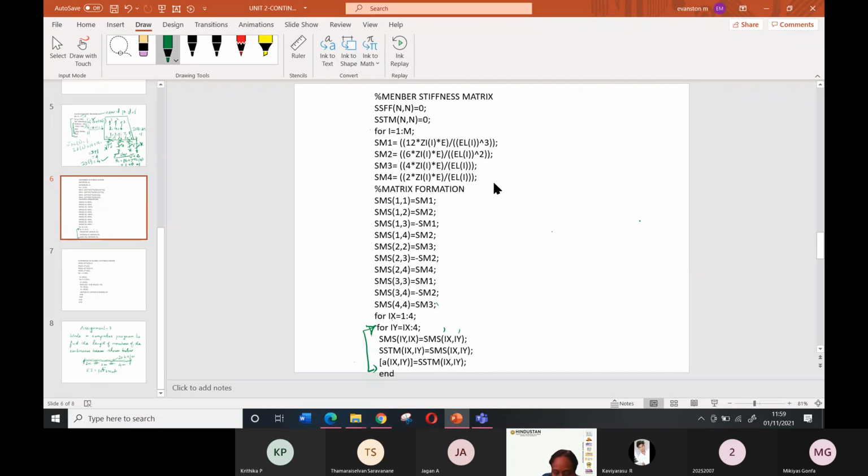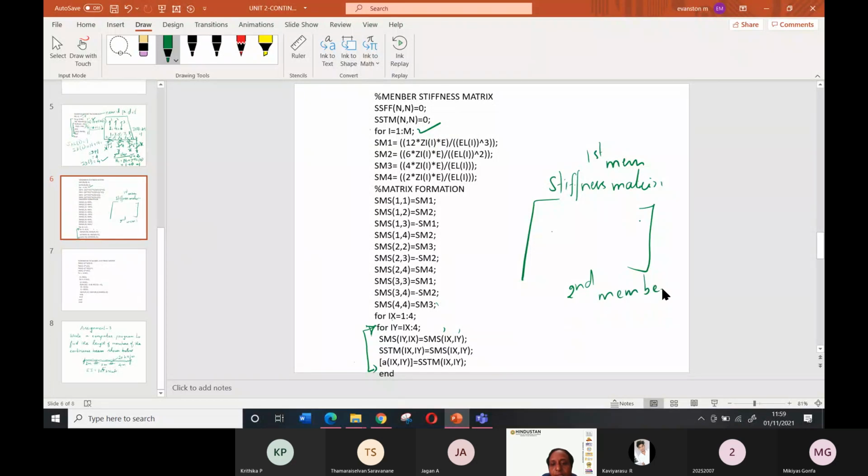It will store the values for the first member, and the stiffness matrix for the first member is over. Now it will become 2 and it will calculate for the second member.